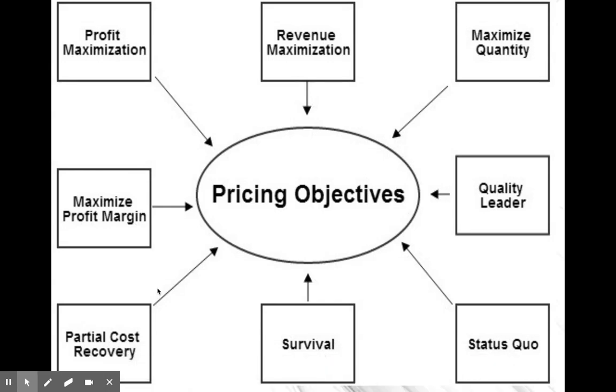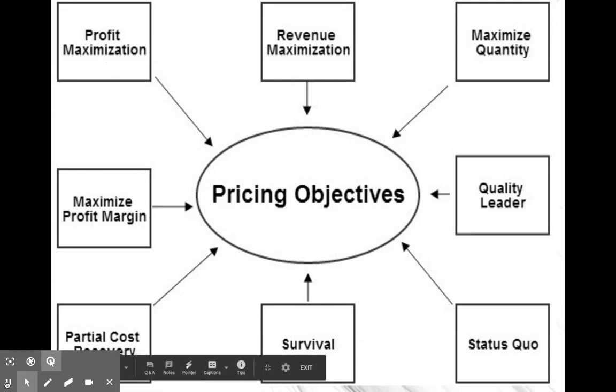All right, so kind of talk through everything we see here on this slide. And we talk about price objectives. How are you setting your price? And maybe more so, why are you setting your price the way it is? And we look at 8 different things that we're going to talk about. So the first one that we talk about is profit maximization. And I think we have to look at what we're talking about by profit and make sure we're on the same page first for that one.